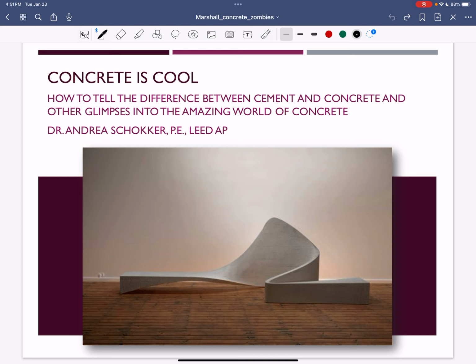So these initials after my name have to do with my credentials as an engineer. I have a PE, which is a professional engineering license, which means I can stamp drawings and approve drawings. And I'm a LEED AP, which means that I've taken the certification exam to work on sustainable structures. There's training involved with that, and we can talk a little bit about that next week as well.